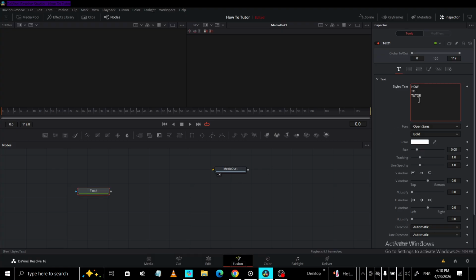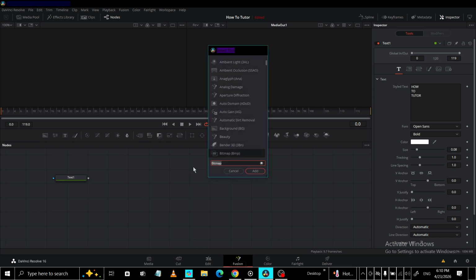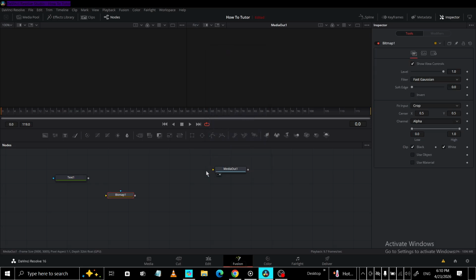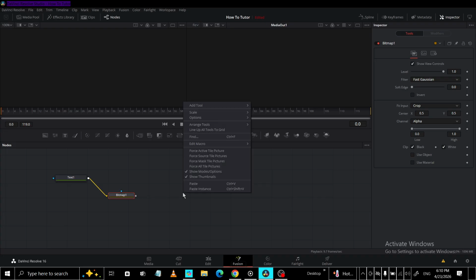To start off, open up DaVinci Resolve and head over to the Fusion tab. The first thing you'll want to do is add a Text Plus node. You can do this by clicking on the Text Plus icon in the toolbar or by right-clicking in the node area, selecting Add Tool, then Text, and finally Text Plus. This node will be the foundation of your text animation, allowing you to type in the text you want to